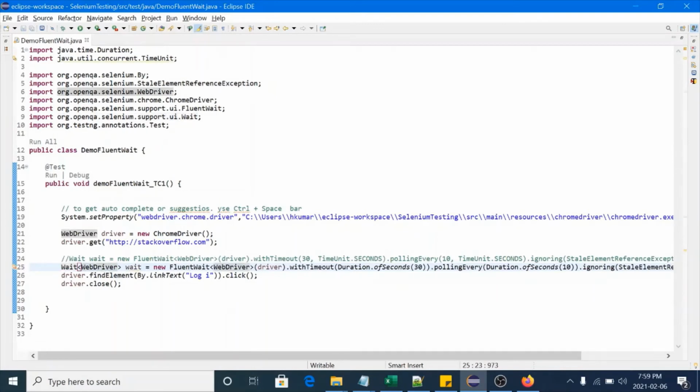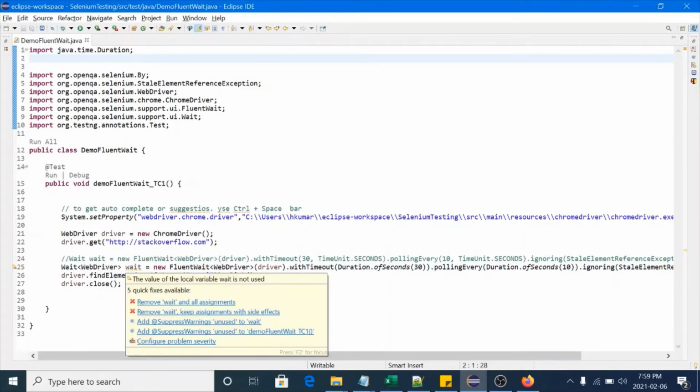Guys, it's a good approach to even remove the warnings. If you are keeping the warnings in your project, that is also an error. You should remove all the warnings from your project. That is a good practice.